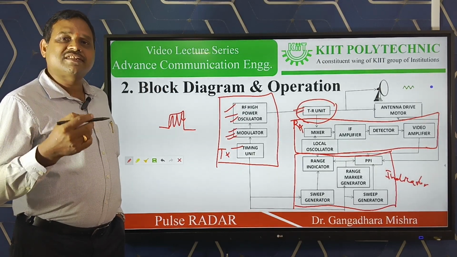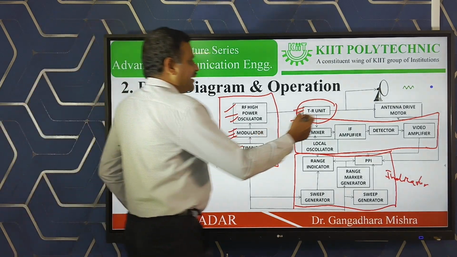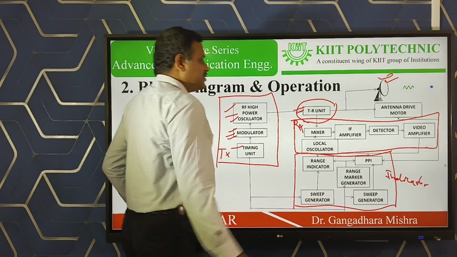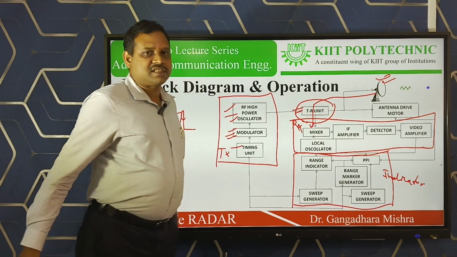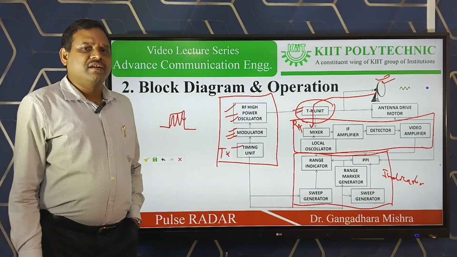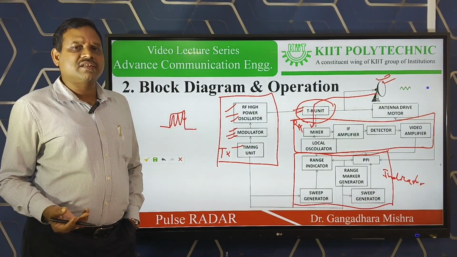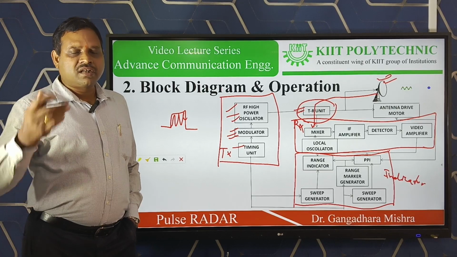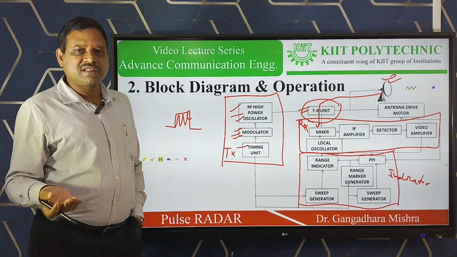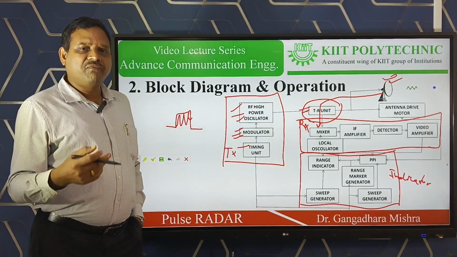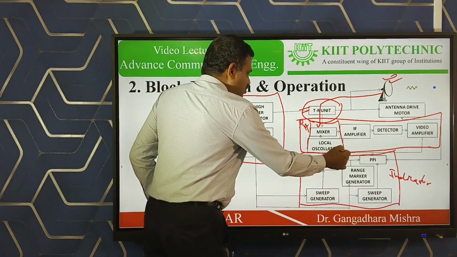Thereafter, the echo signal received from the target is again acquired by this antenna, and this is transmitted through this TR unit to the receiver section. As all of us know, the receiver section is nothing but a simple superheterodyne structure. So, what does a superheterodyne receiver do? It first limits the received signal frequency, then it translates the frequency. The limitation is done by the filter unit, followed by the translation of the signal, which is the job of